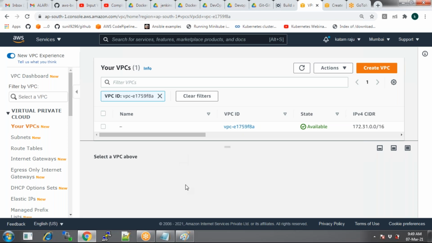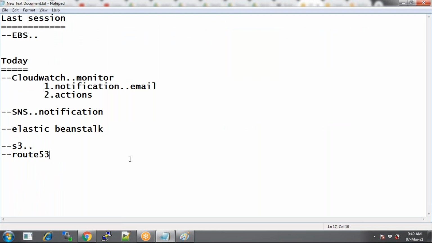This is one of the frequently asked interview questions. I'm trying to log into my instance using SSH, but I have an issue: session timeout. What are the solutions? How do you debug these issues? I already gave this question and solution at the time of EC2 itself when we discussed SSH. How do you debug that issue? What solutions do you suggest?